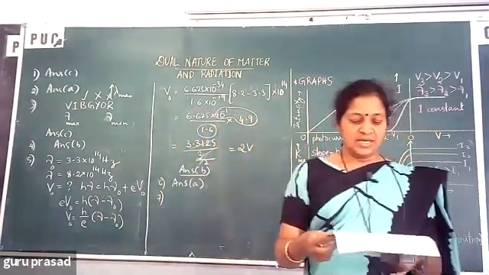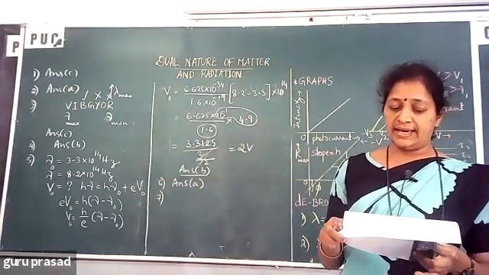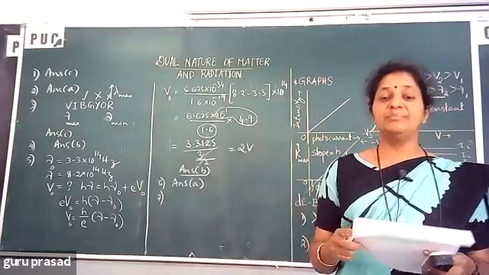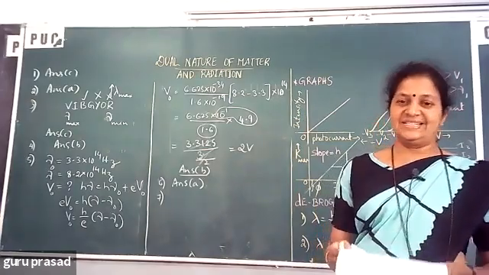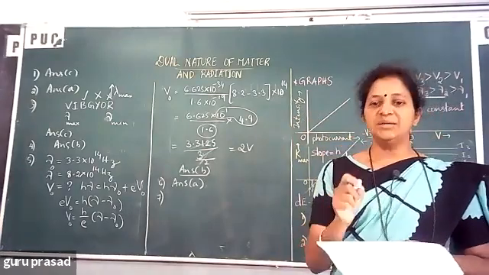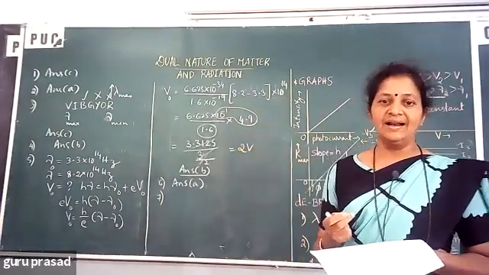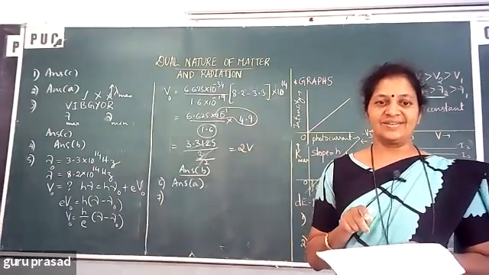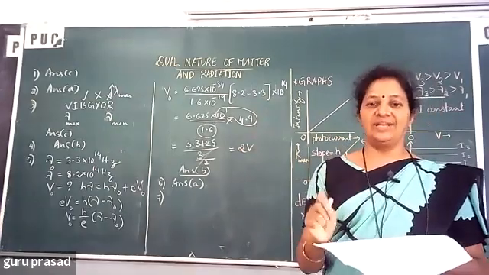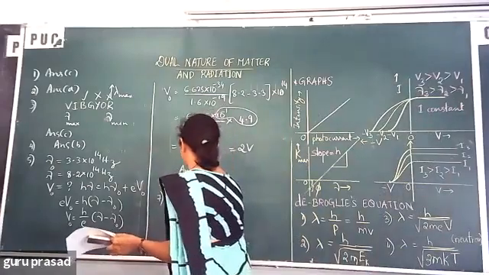Next, photo emission occurs only when the incident light has more than a certain minimum what? Frequency. So that's the basic thing required. The incident radiation must have a minimum frequency. Then only, it can kick off some electrons from the metal, with the energy called work function. The minimum frequency is called threshold frequency or cutoff frequency. So the answer is D now. Answer D, frequency.